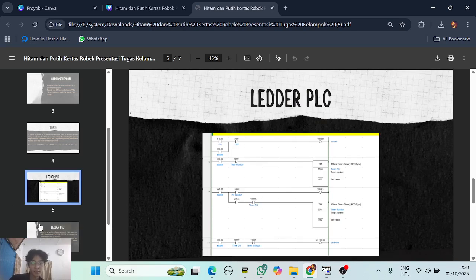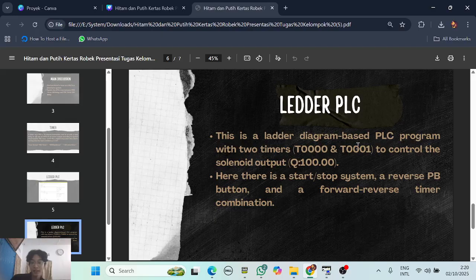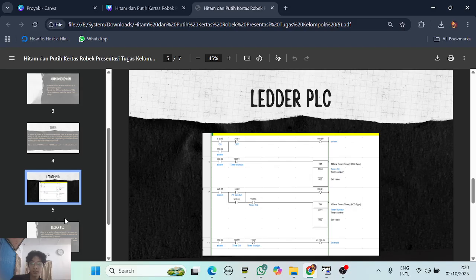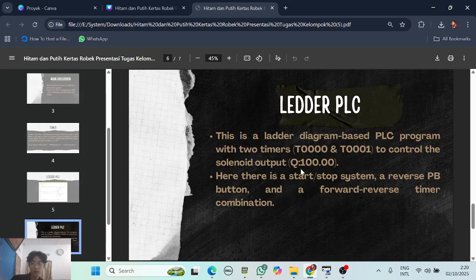This is a ladder diagram based PLC program with two timers. There is T0000 and T0001 to control the solenoid output. There is Q100.00.